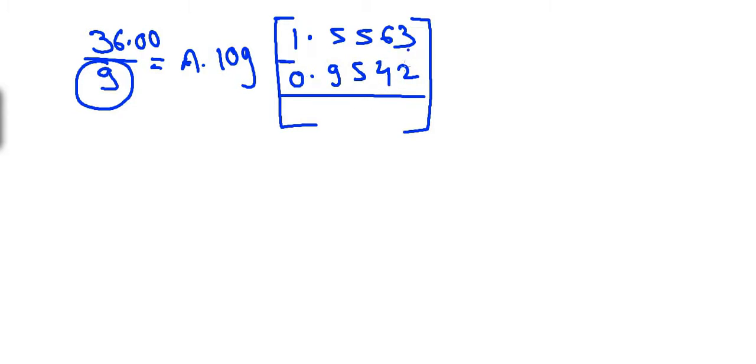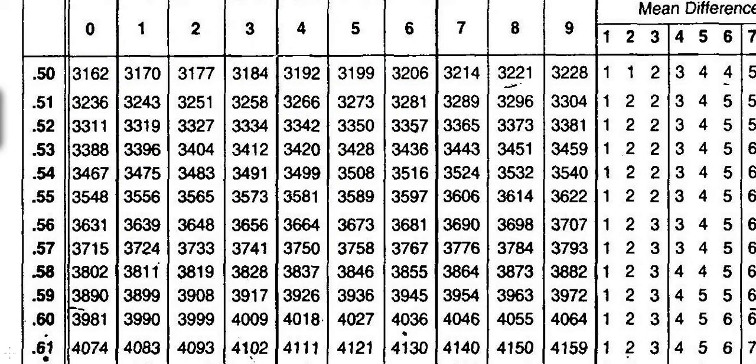Now since 9 is in the denominator, we have to subtract its log from the log of 36. Let us subtract it. 3 minus 2, 1. 6 minus 4, 2. 5 minus 5, 0. Now 5 minus 9, not possible because 5 is less than 9. So borrow 1 from 1. So it would be 15 now. 15 minus 9, 6. Since we have borrowed 1 from 1, reduce 1 by 1. So it is 0. 0 minus 0 is 0. So antilog of 0.6021.